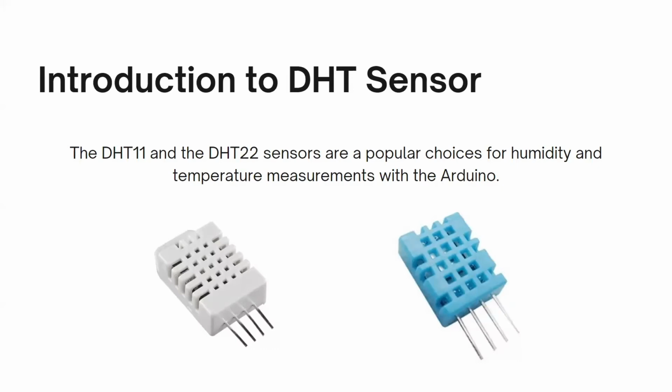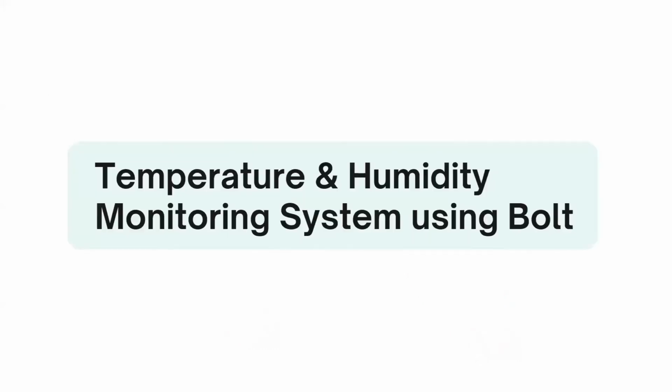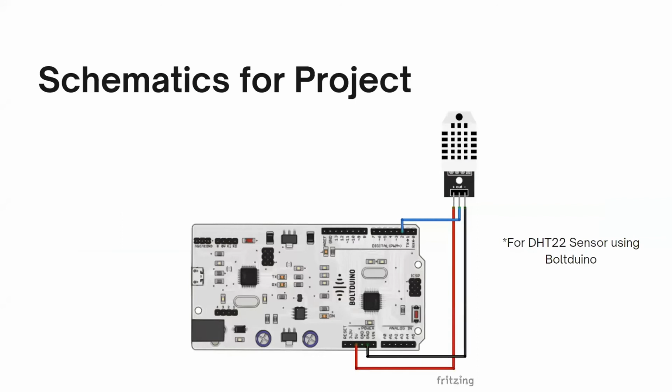Okay, so we will be writing code for a temperature and humidity monitoring system. We will be creating a project that will show the current temperature and humidity of my room on a website. And if the temperature is greater or lower than a certain level, it should send me an alert. So this is the motto for this project, and the connections are very simple.